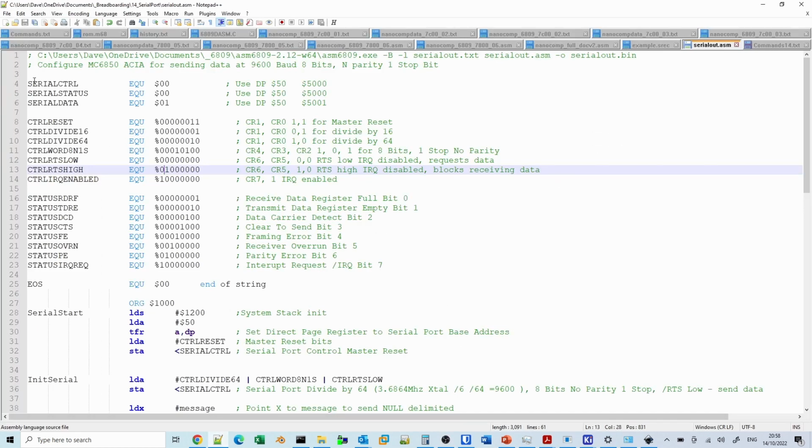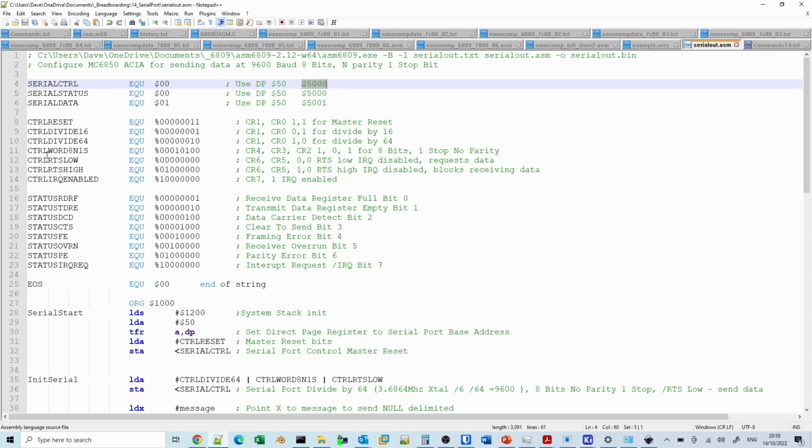What I have done here is defined the control register at 00, assuming the direct page register of 50, so that means the register is 5000 hex. The status register will be read from, the control register is at 0 and the data input output register is at 5001. So I'm just using the same 0 byte here for control and status, just so we can make it obvious whether or not we're doing things with the control register or the status register, although in fact the values are the same. Then we've got some of the control register bits.